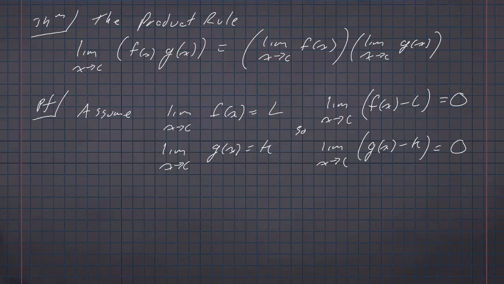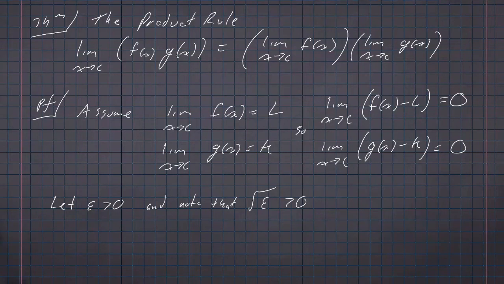Now we will use the definition of a limit. Let's let epsilon be greater than 0. And this time we'll note that the square root of epsilon must also be greater than 0 when epsilon is greater than 0,